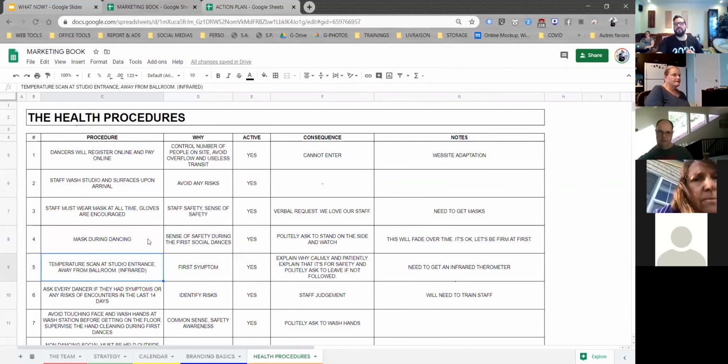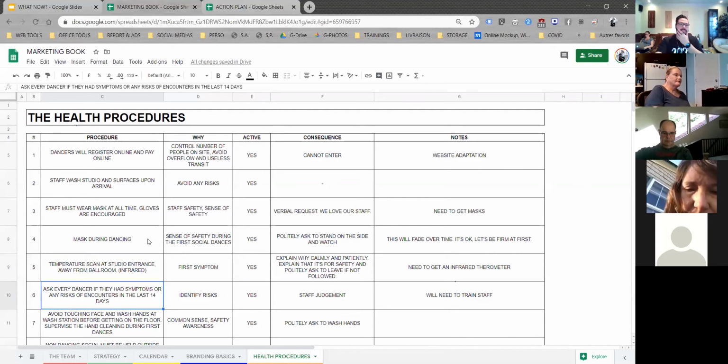Temperature scan at studio entrance, away from the ballroom. They sell something on Amazon and in different stores called an infrared thermometer. We use them in the restaurant. Very easy. The first thing that happens when you get symptoms most of the time with the pandemic is that your temperature goes up. So by having this, you can just point it at people's foreheads and you know right away if there could be a risk or not. It's done in restaurants because this is what will tell you most of the time if someone could be at risk. Doesn't mean that he's sick. It just means that he might be at risk. Very good rule of thumb for people to feel safe as well, because you can show you're doing something concrete more than just asking them if they're sick, right?